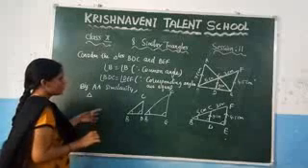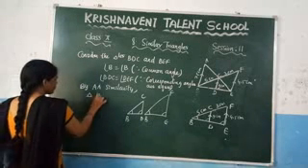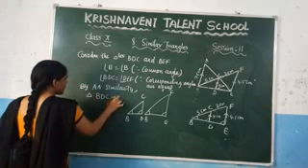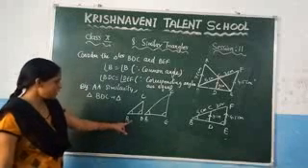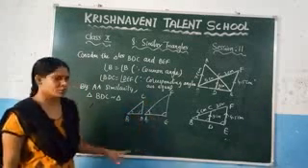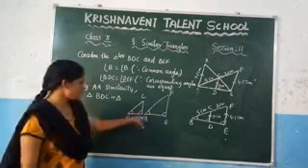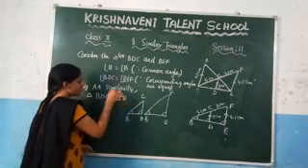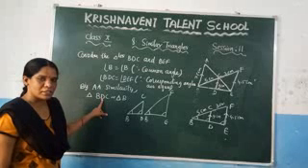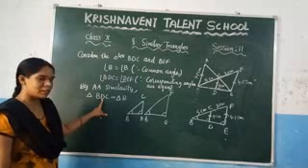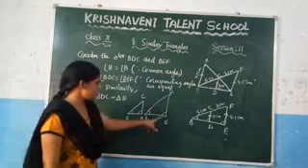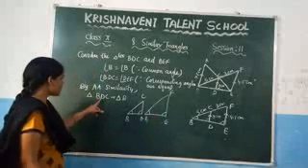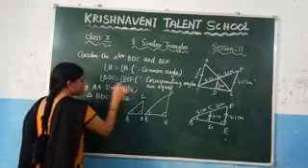triangle BDC is similar to triangle. I have written the triangle BDC. Now you need to check here. You know that angle B is equal to angle B. So in place of B, you need to write it here B. What is angle D equal to in the other triangle? Angle D is equal to angle E, right? So in place of D, you can write it here E.